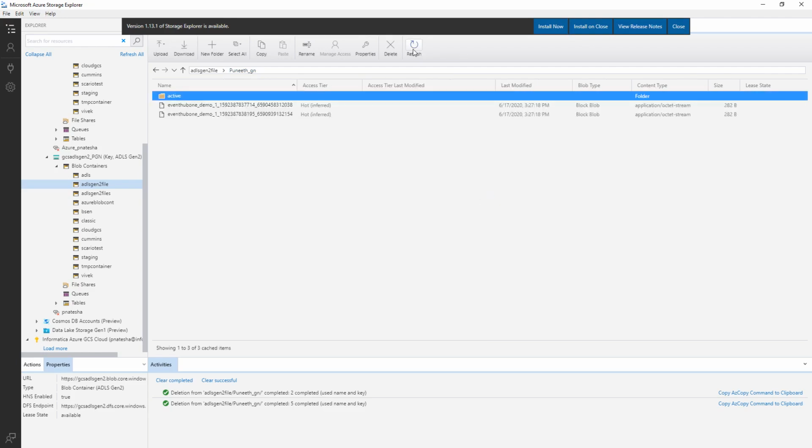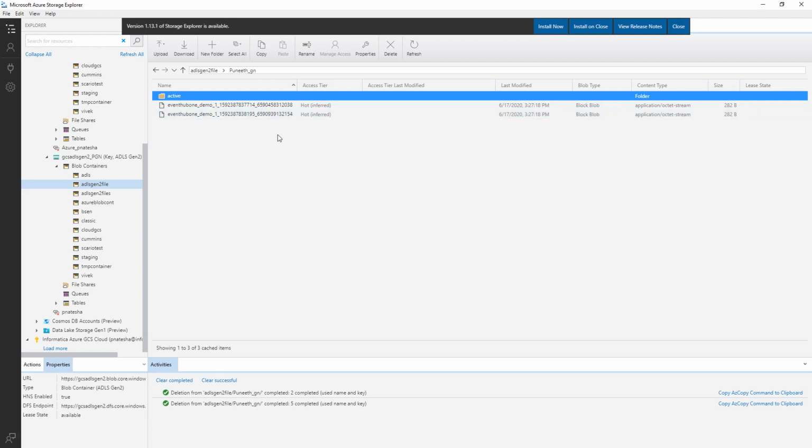Now you can see right here we have the event hub one underscore demo files. All these files got created because of the message size; it got split into multiple files. So this is how you can use event hub as a source and write data to ADLS Gen 2.